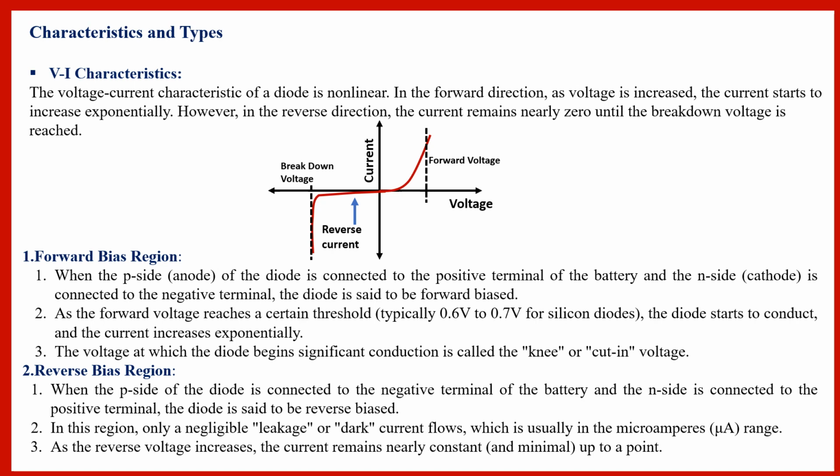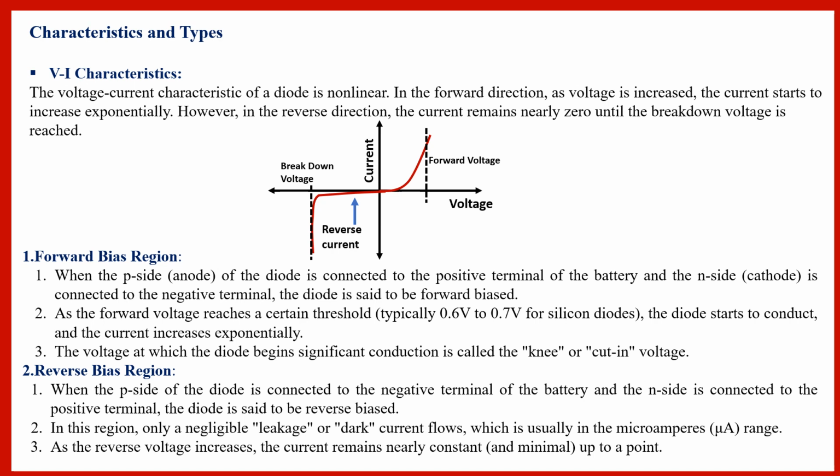Talking about forward biasing, there is a point where you have a sharp rise in the current. That particular point is known as the knee voltage, which occurs in forward biasing. And in reverse biasing, we have a breakdown voltage, which shows the sharp rise in the current